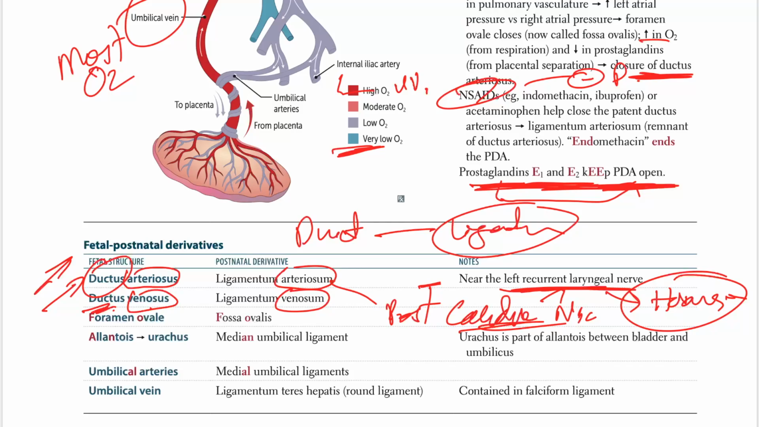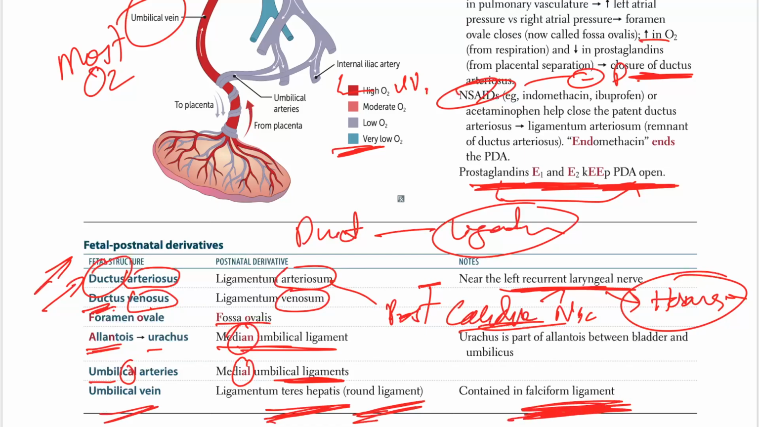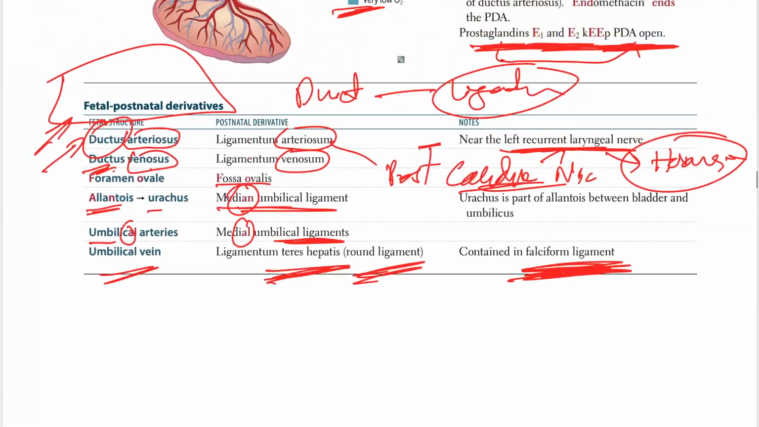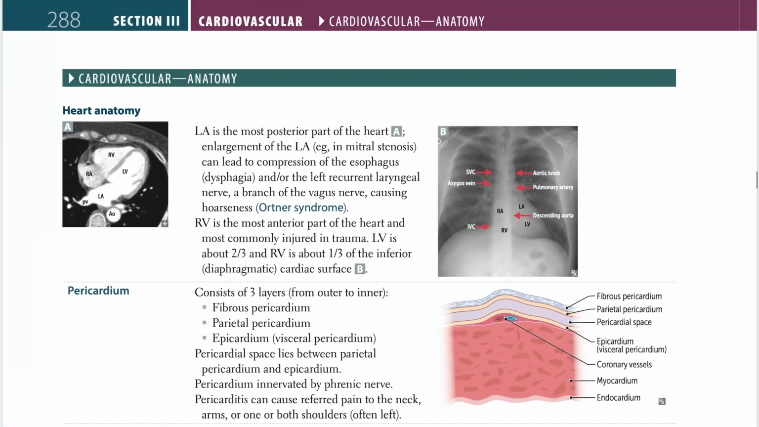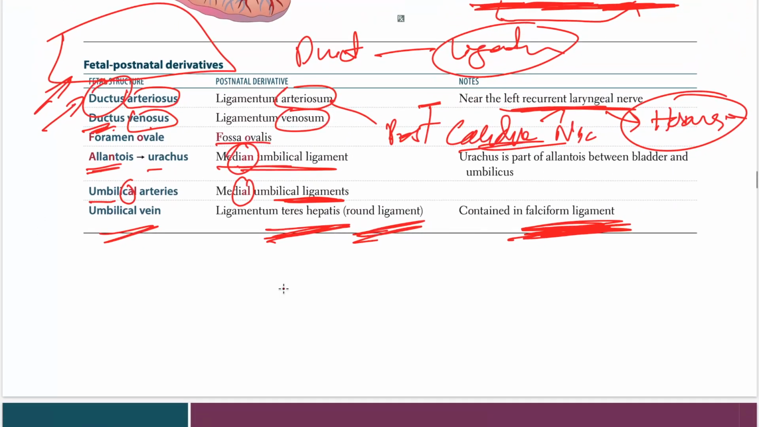Foramen ovale becomes the fossa ovalis. Allantois leads to the urachus, which leads to the median umbilical ligament. Umbilical arteries give you the medial umbilical ligament. Umbilical vein, on the other hand, becomes the ligamentum teres hepatis, which is the round ligament, contained in the falciform ligament. That's all for the fetal postnatal derivatives. Moving on with the